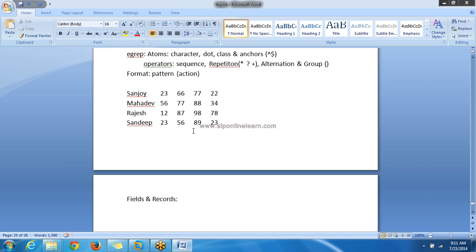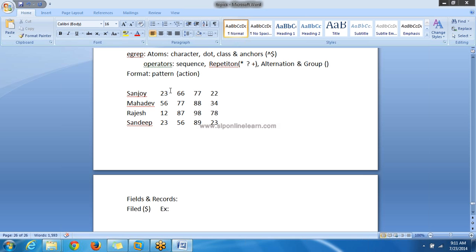Now, how to refer to these values? Suppose I want to refer to this column of 23, to access this field 2. To access a field, use the dollar sign. See this example.